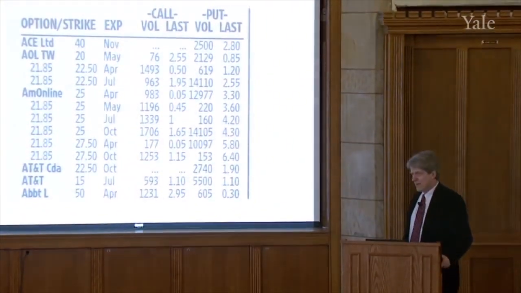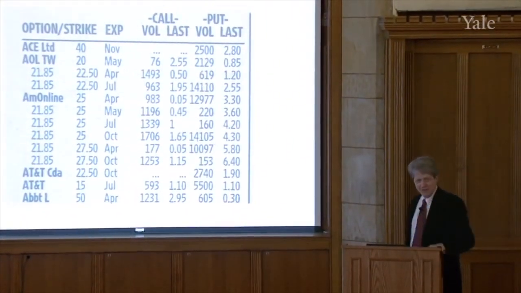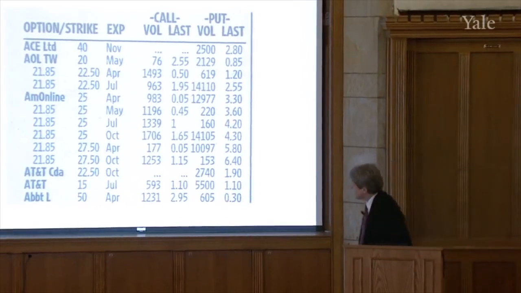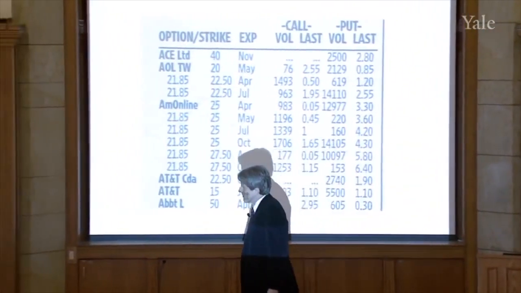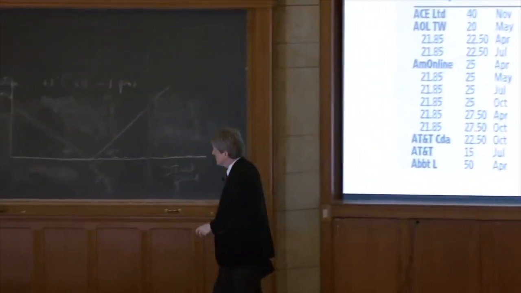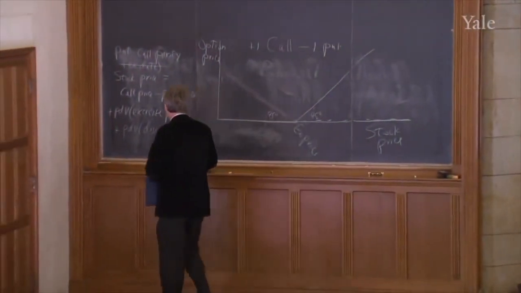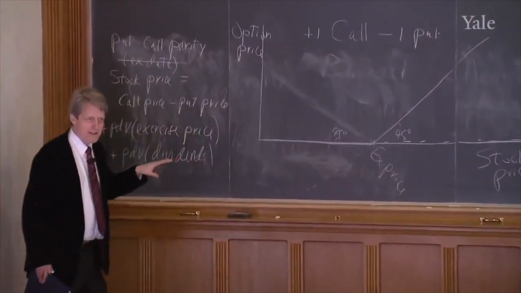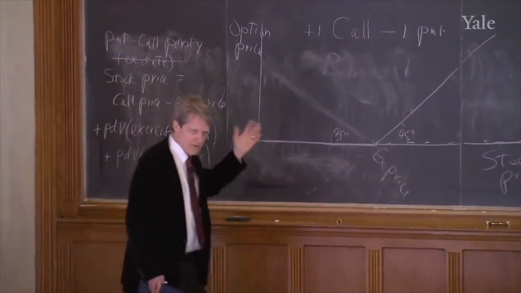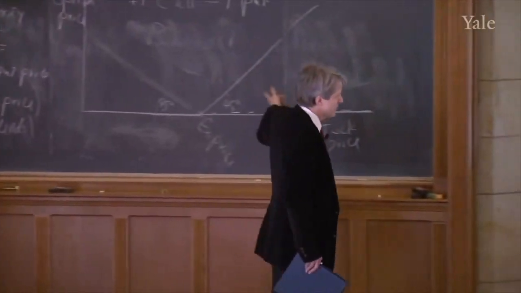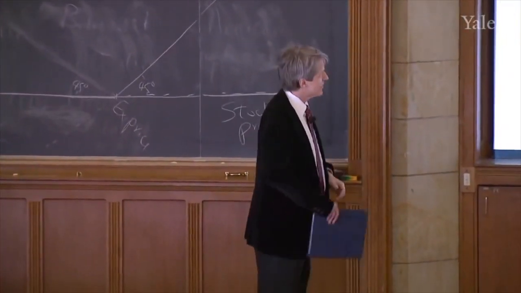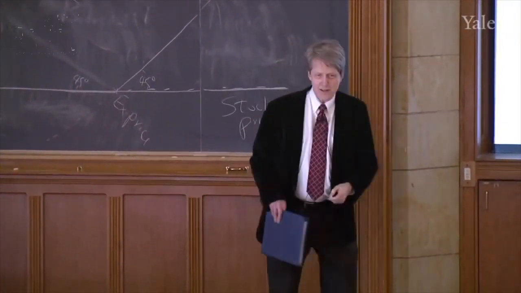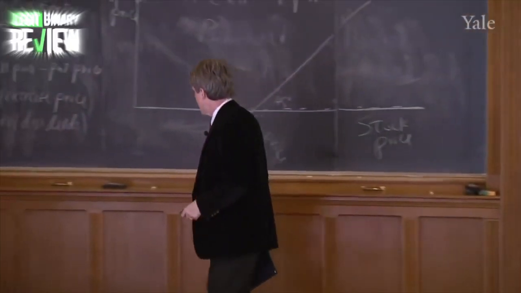But they do put them in just because people like to see them, and some people might be trying to profit from the put-call parity arbitrage. But for our purposes, we only have to do call pricing. Once we've got call pricing, we've got put prices, because I just use the put-call parity relation and I get put prices. So now let's think about how you would price puts.